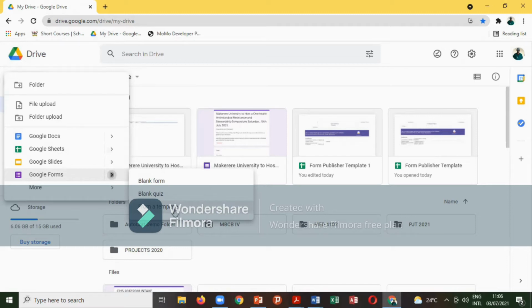Now, if you've ever made anything like a Google form, or if you want to use the templates from Google Forms themselves, you can select Google Form from a template. So let me show you. When you select from a template,